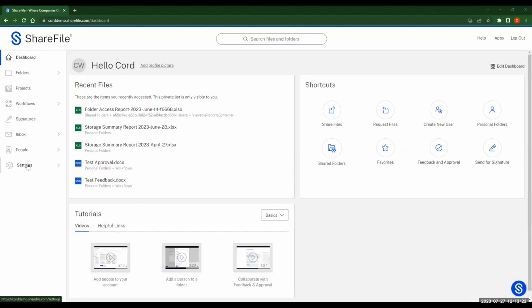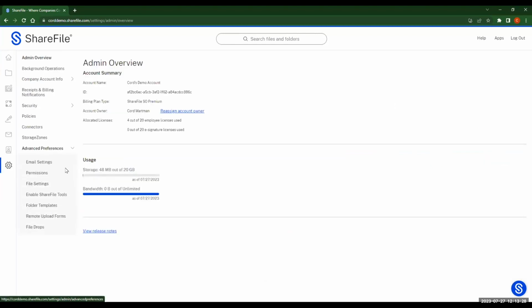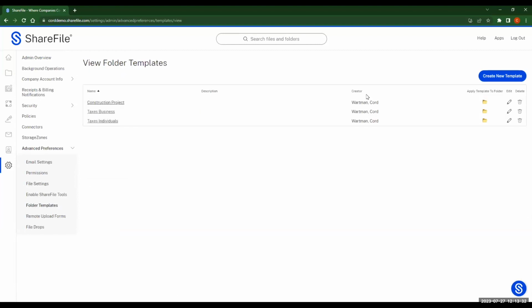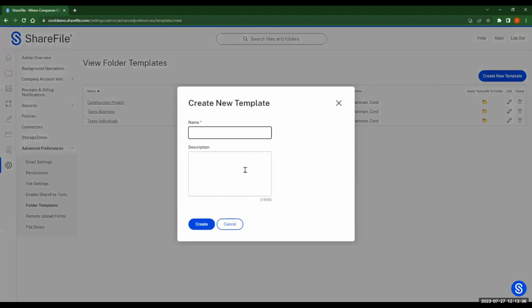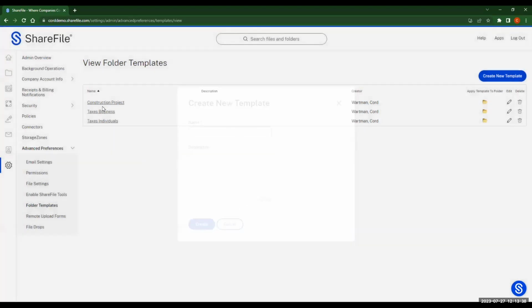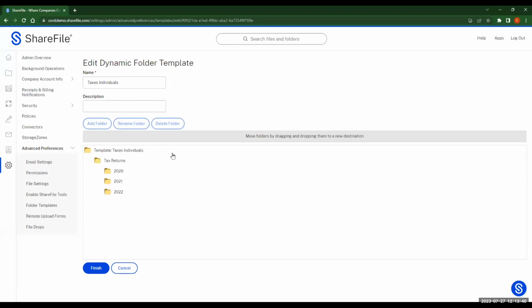To access folder templates, all you have to do is go to Settings, Admin Settings, Advanced Preferences, and then Folder Templates. As you can see here, I have a couple already created. If you want to create a new one, all you have to do is go there, put the name and description in. Once you've created that folder, it will take you to this screen where you can set up your